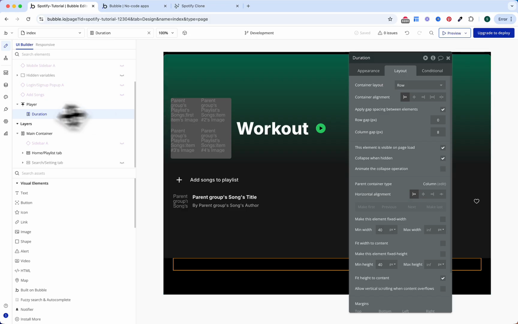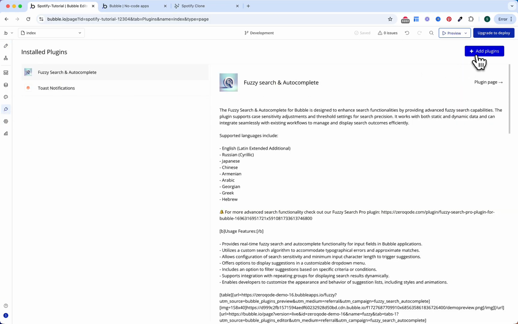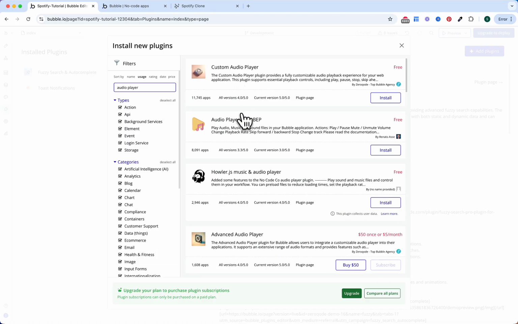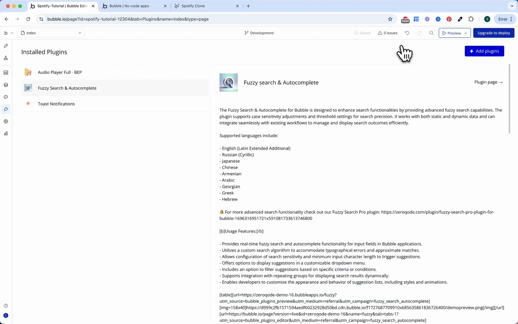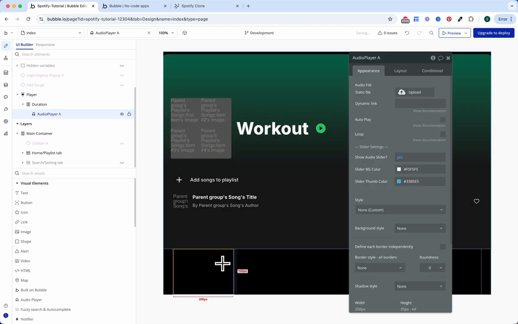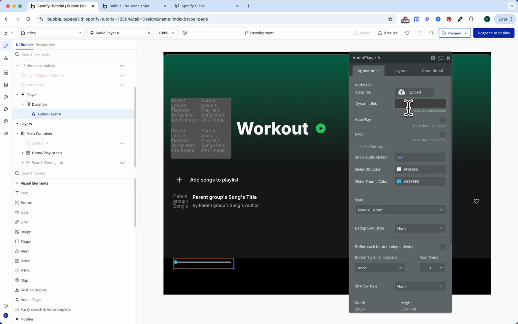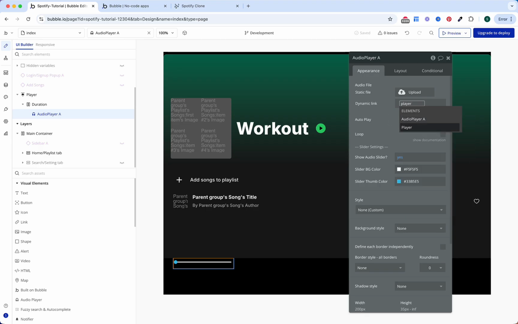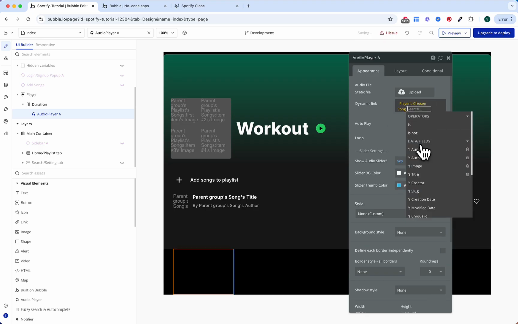Now for the functionality, we'll need to add a plugin. So let's go to the plugins tab and add a plugin called Audio Player, and it should be this one, Audio Player Full BEP. I'll install this plugin and I'll go back to the design tab. I'll search the audio player element and I'll add it inside the duration group. Now for this audio player element, I'll set the dynamic link to be the player's, our floating group, chosen song,